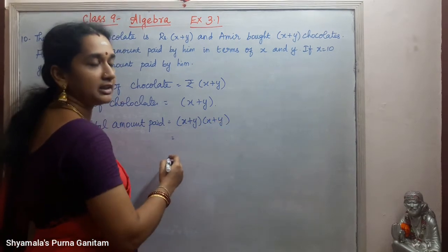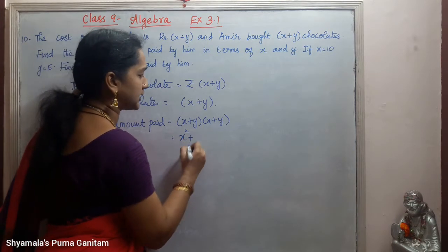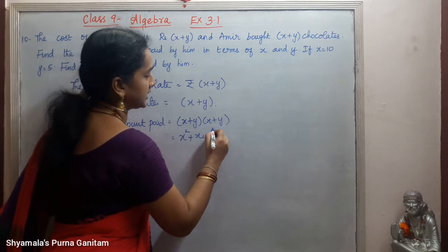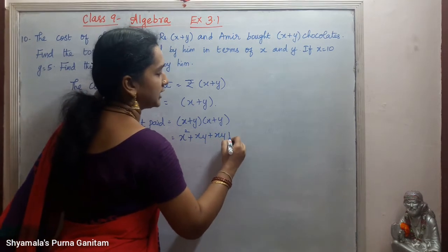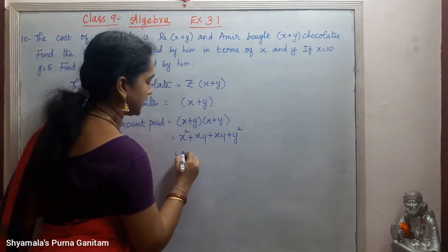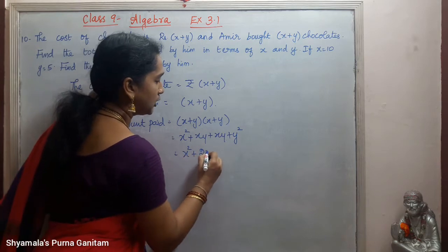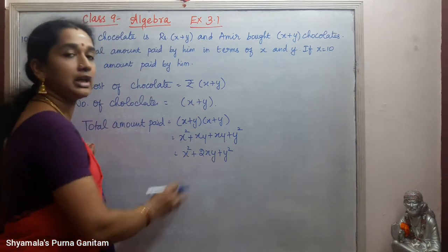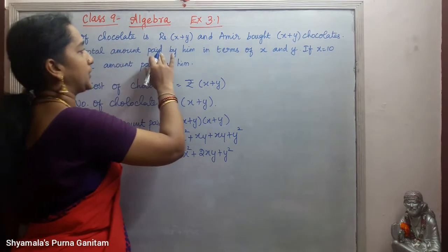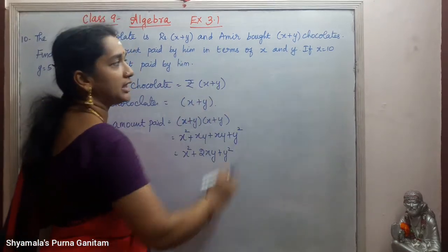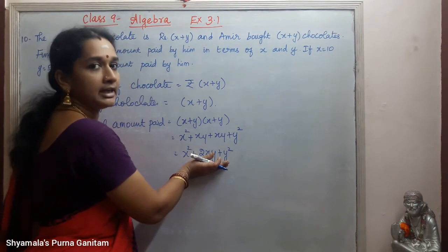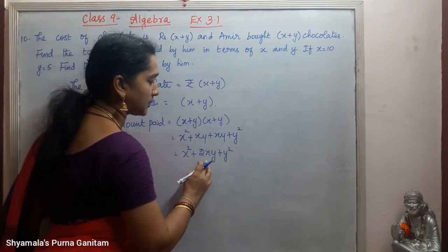So when we multiply this, we will get x squared plus xy plus xy plus y squared. So this is equal to x squared plus 2xy plus y squared. So this is the total amount paid. We are asked to find the total amount paid by him in terms of x and y, that is x squared plus 2xy